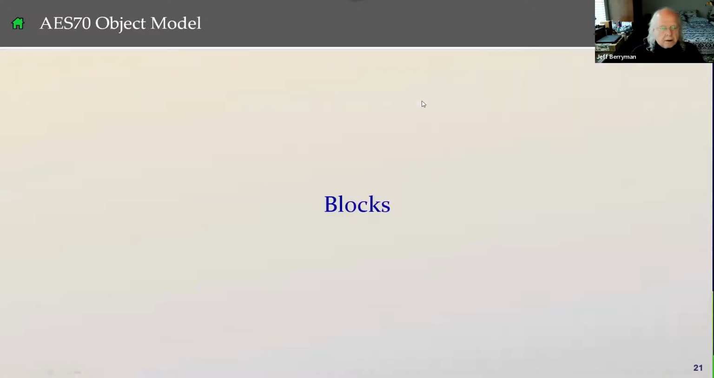So now going on, I want to talk a little bit about blocks. Consider this: OCA sees a device as a bag of objects. From an AES70 object model point of view, a device is a bag of objects, and every object is uniquely identified by its object number. But you really want to have some kind of organization. If you have a 64 channel mixer, for example, that might have in it, and every channel might have